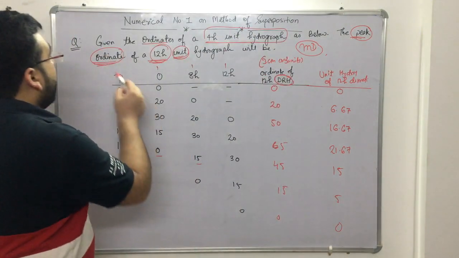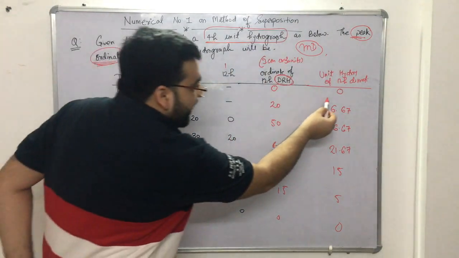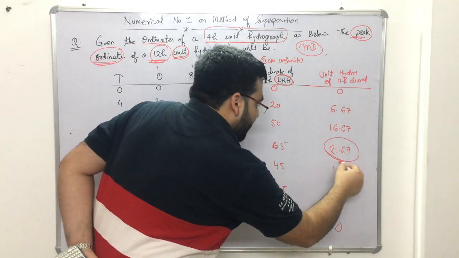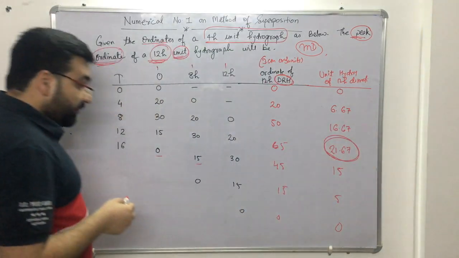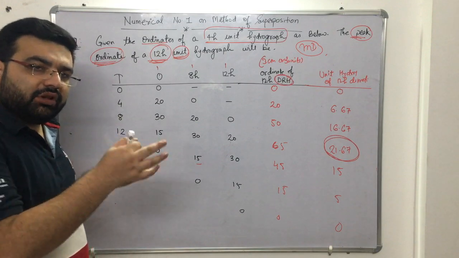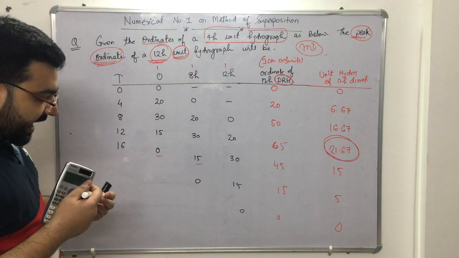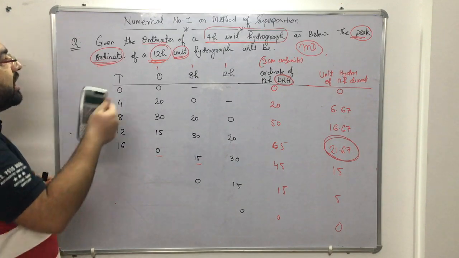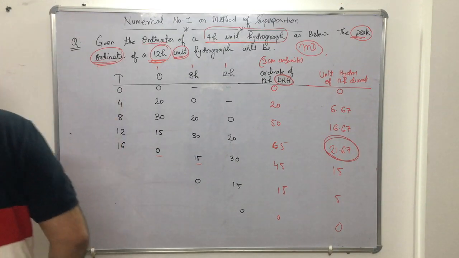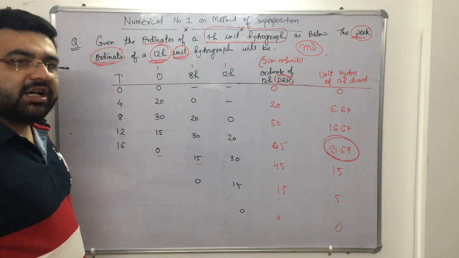Right? The question was the peak ordinate. So what is the peak ordinate? 21.67 meter cube per second is the peak ordinate. So the correct answer would be option number 3. Option number 3 was 21.67. Clear? So I hope you have understood how to solve hydrograph numericals. But in the GATE examination, I told you there is no need to draw the table.